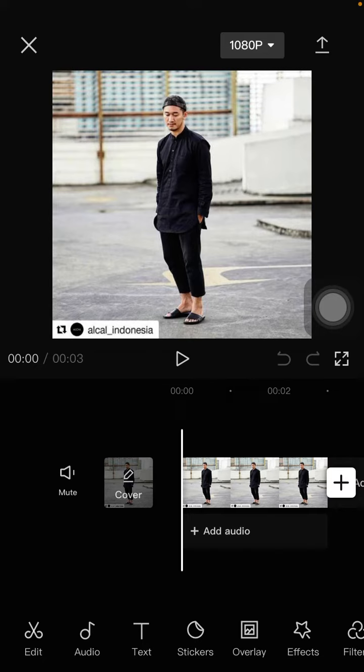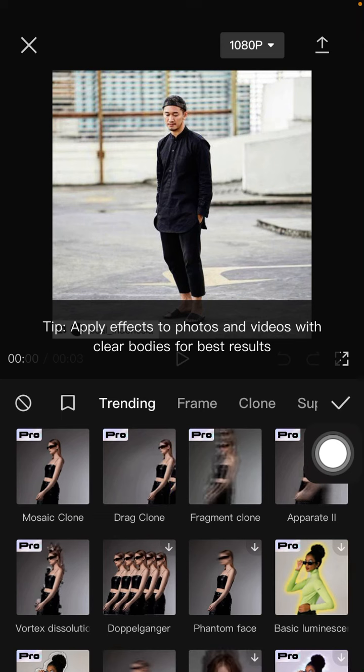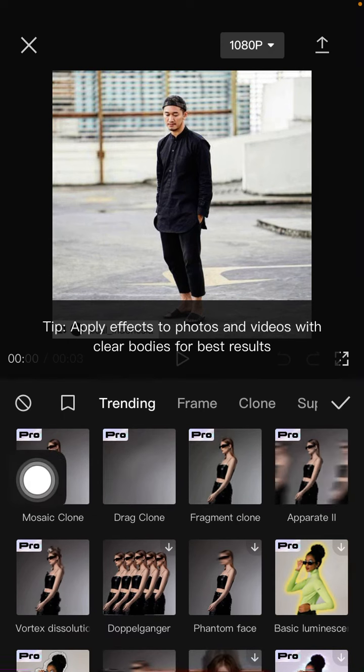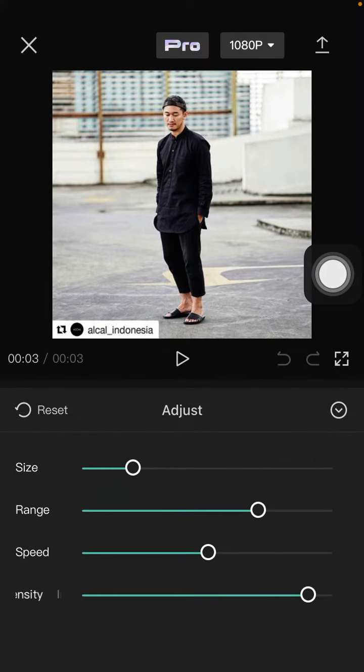clone body effect, all you have to do, just click on effect, select body effect. So in trending you can find the mosaic clone, just click on it and click on it again to adjust